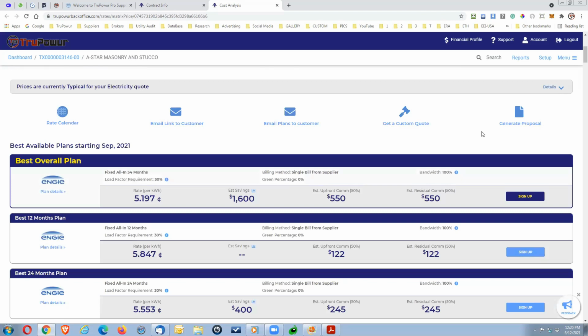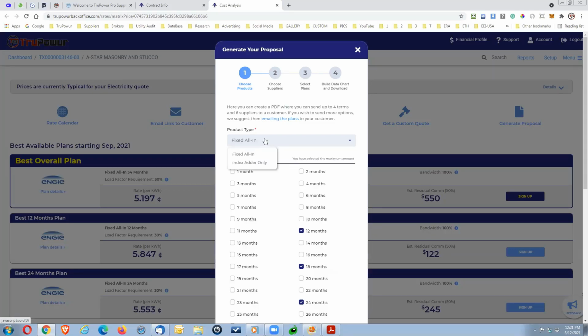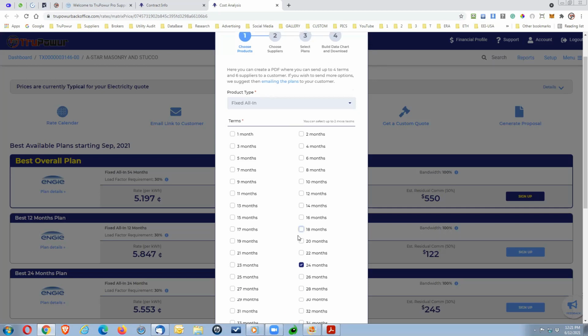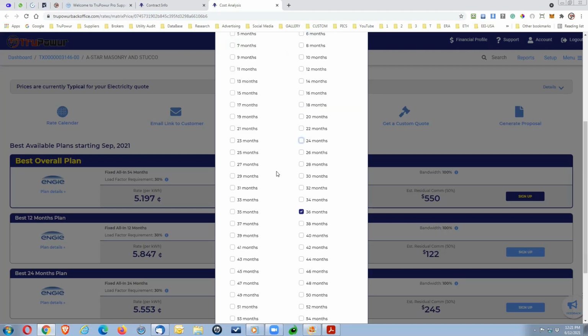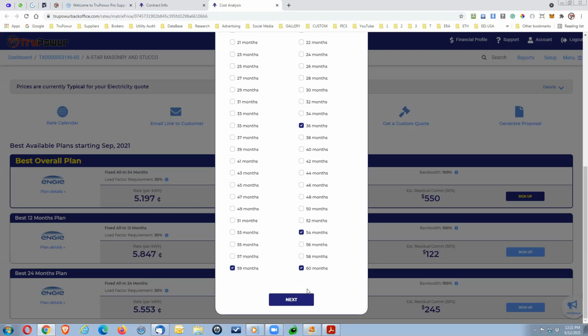So the first thing we're going to do to generate a proposal is click on the proposal. We're going to want to select all in. Don't select index, because that's what got everybody in trouble last February when the rates went crazy because of the cold snap. And then we're going to want to narrow this down. I think what I'm going to do is narrow this down to 60, 59, 54, and then hit